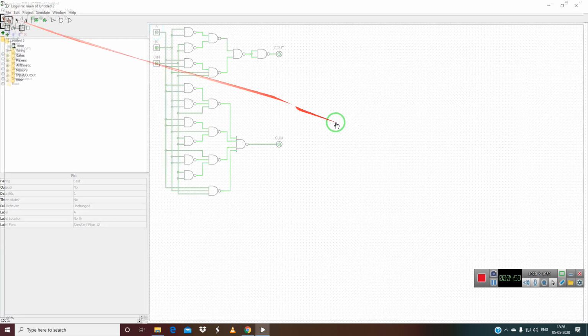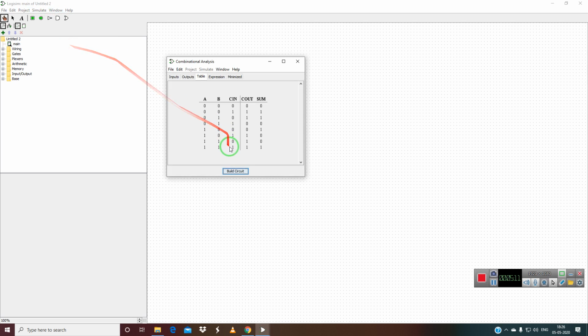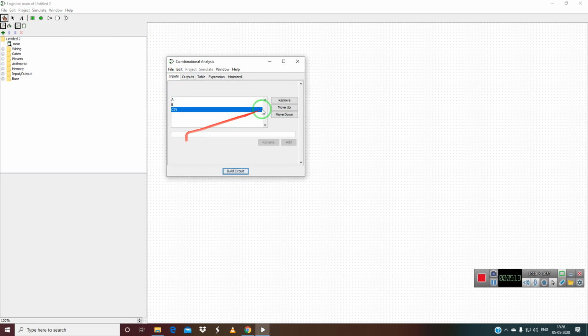Then we are going for the comparator circuit. Before the comparator we will first build the full subtractor. For the subtractor circuit, you again go to Windows, Combinational Analysis, and remove all these things.